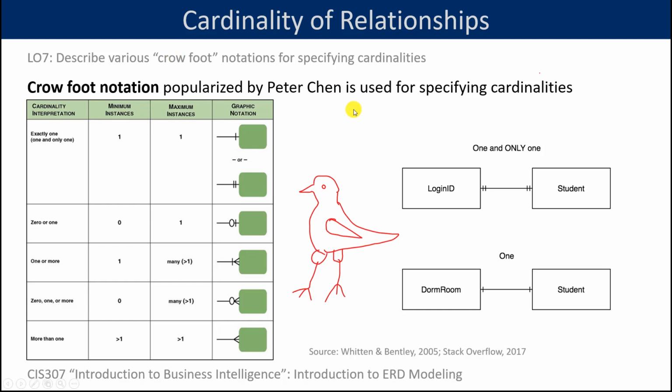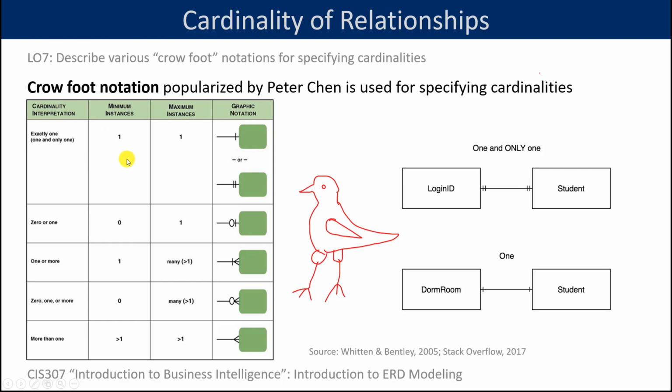You can read his original paper posted in Canvas. It was published somewhere in the 1970s, and you should be able to understand that paper based on the information that you receive in this video lecture. So now we will learn the specifics of that Crowfoot notation popularized by Peter Chen, and we'll use this simple